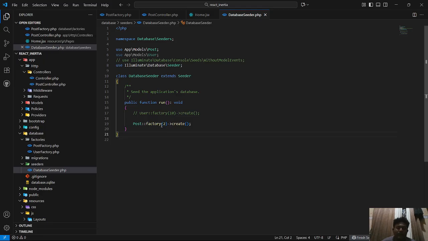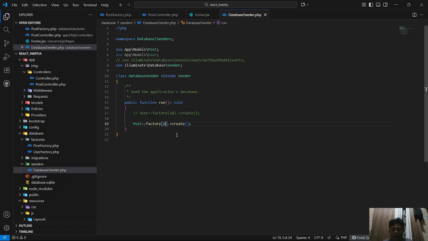I want to create a text. You can add a factory and create. And these numbers, if you don't add numbers in place, you just create one dummy data.